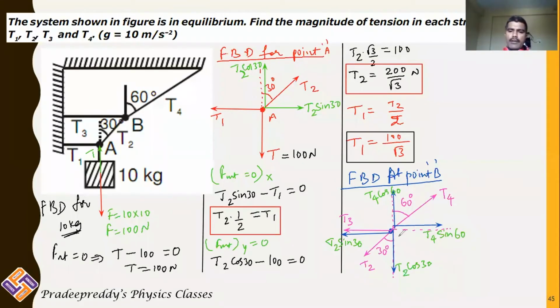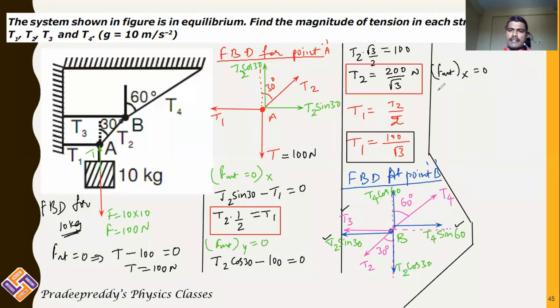Now at point B, we have got the free body diagram. After plotting the free body diagram at point B, use the condition F net is equal to 0 along the x-axis and along the y-axis. Right? Check it up. F net along the x-axis is equal to 0. Along the x-axis, how many forces are there? 3 forces we have. This is 1, 2 and 3. Right side force, take it as positive. Left side force, take it as negative.